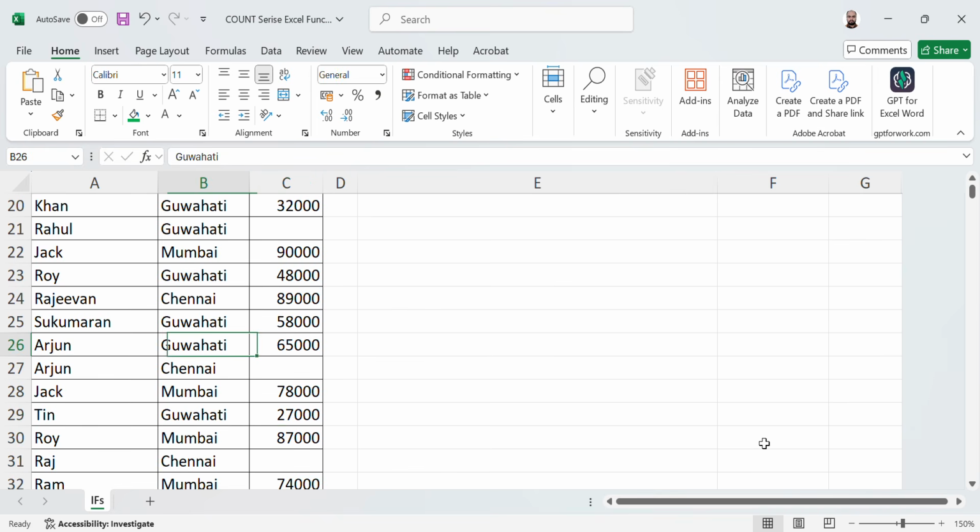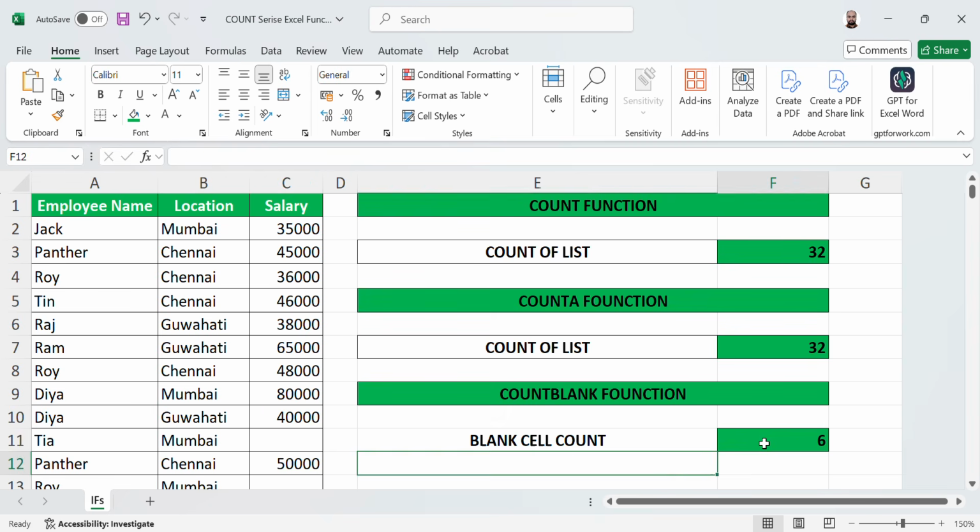Now you can see the total blank cells is 6. So on this basis you can use the COUNTBLANK function at your workplace, and you can improve yourself among your colleagues at your workplace.